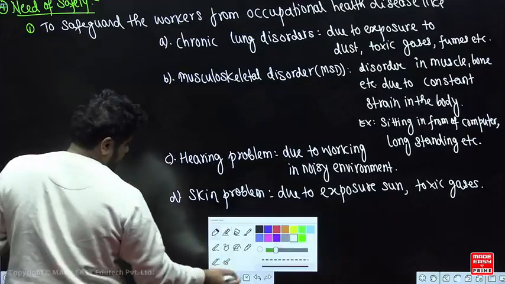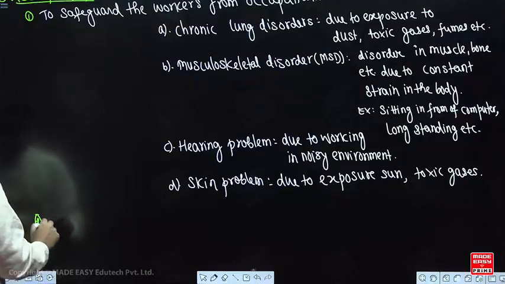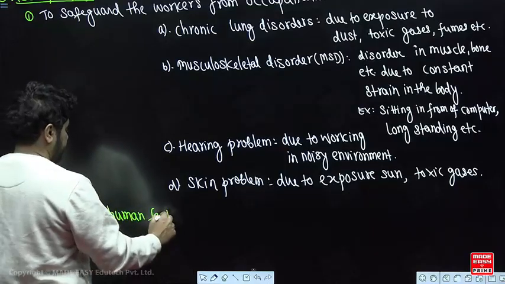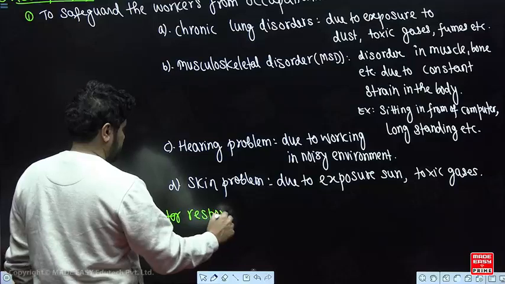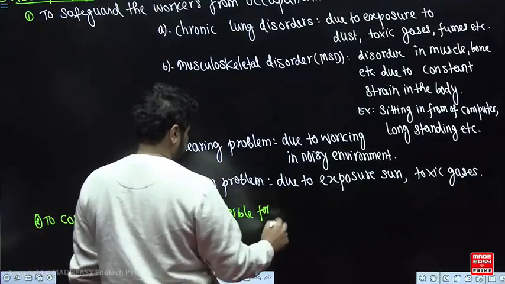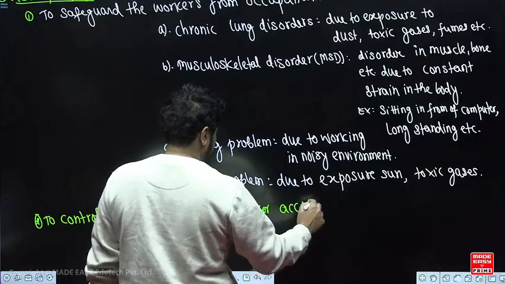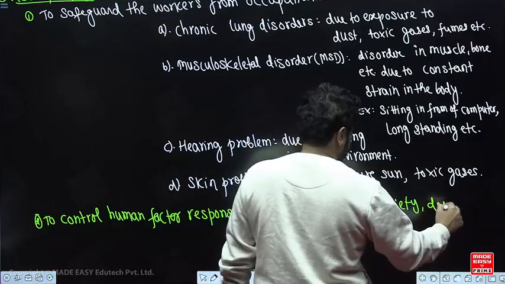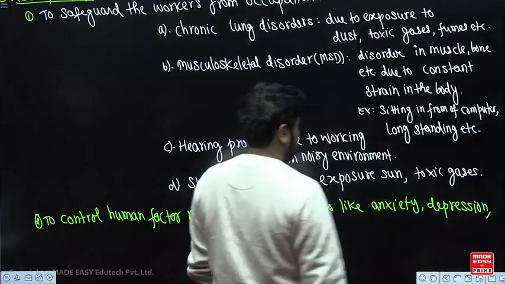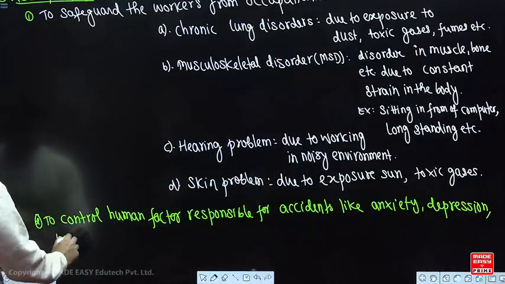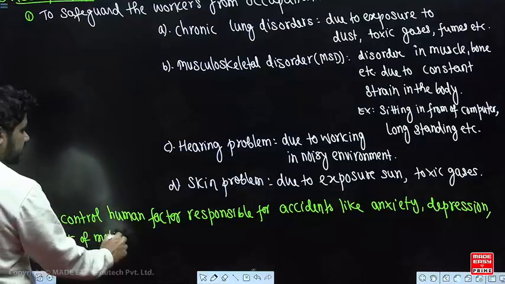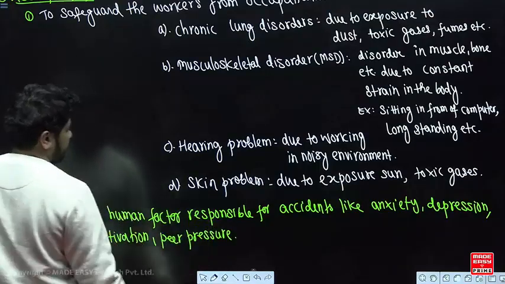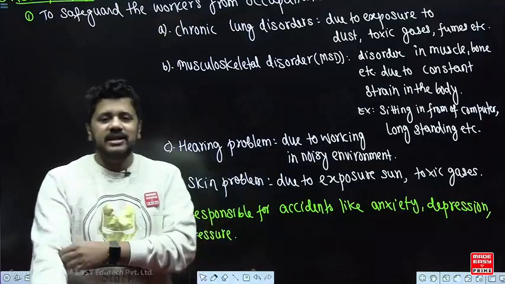Second, to control human factors responsible for accidents like anxiety, depression, lack of motivation, etc. है ना, मोटिवेशन, peer pressure etc. इस सब से बचाना है ना। तो देखो, इफ द पर्सन इज मोर एंजाइटी मतलब क्या होता है, घबराहट,